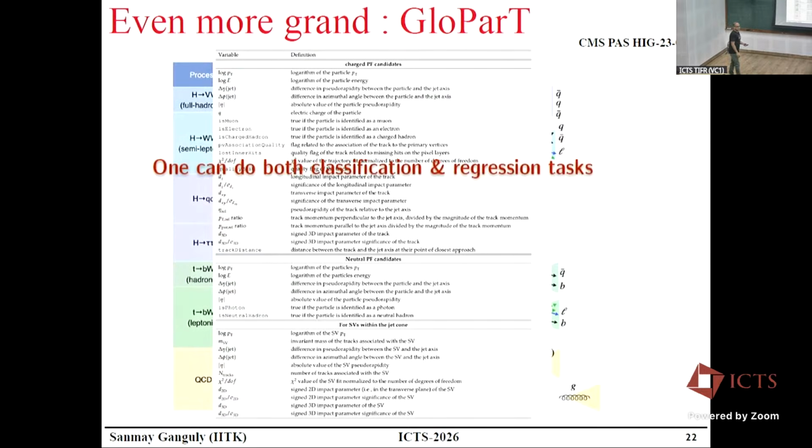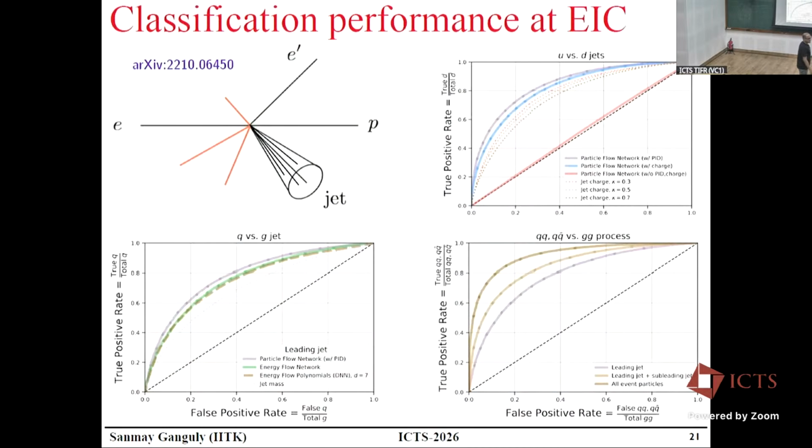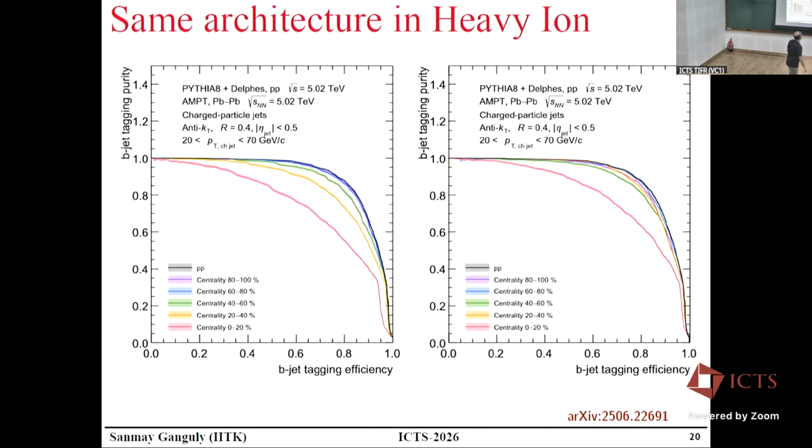Okay, good. Yeah. Can you go back? I was maybe busy downloading the paper. Go back to the performance plots. Not the EIC, maybe for your particular pp, not even heavy ions. Let's go back to pp.